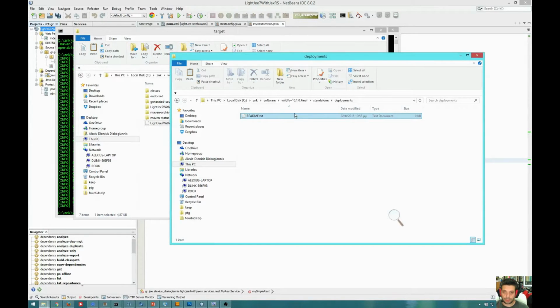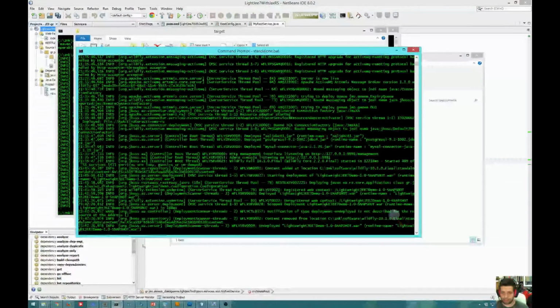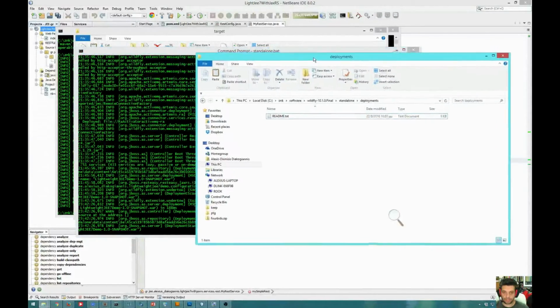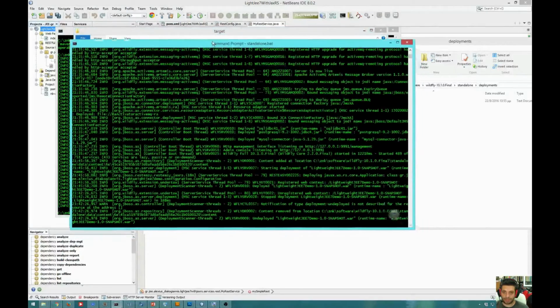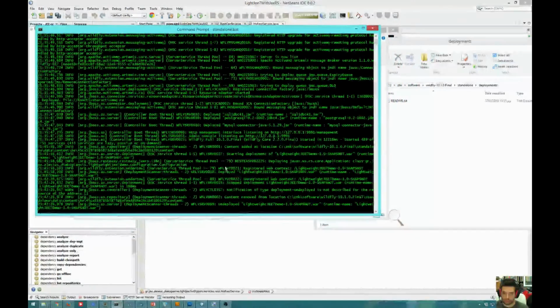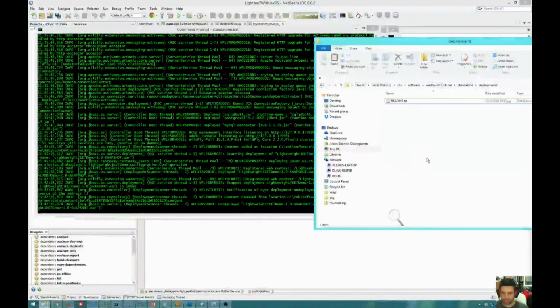Now, I'll show you here to see how fast this is. This is the application server's log file. Okay, you will see how fast this will be deployed. Okay, I just pasted it,